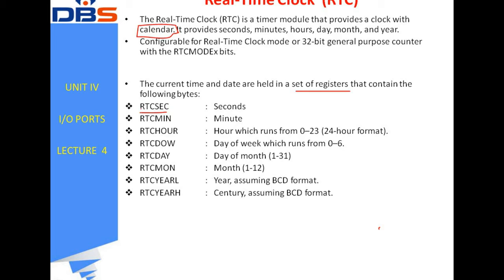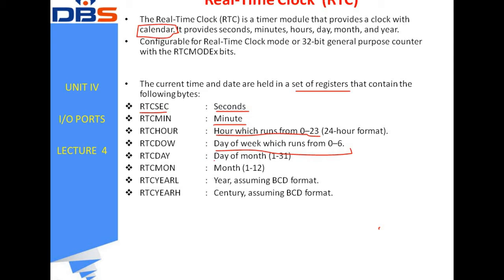That means this register is set to calculate the seconds. RTC min is used to calculate minutes, and RTC hours runs from 0 to 23. That means it's a 24-hour format. RTC day of the week, whether it is Monday or Tuesday or whatever it may be,